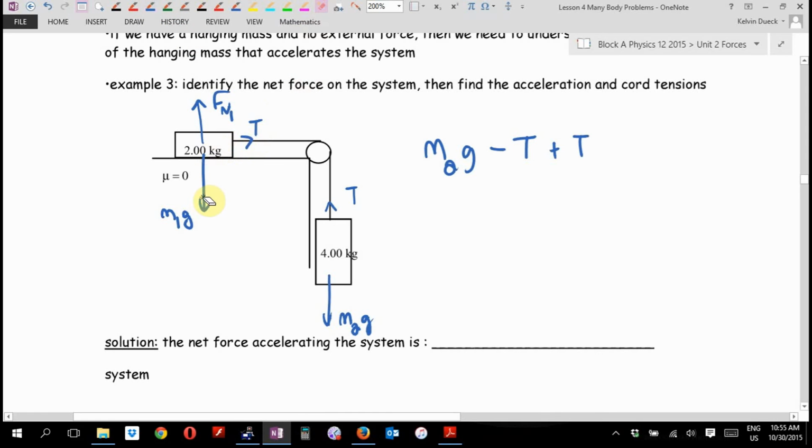Am I going to include M1G? Is it along the rope? No, nothing else. This bugs some kids. What? Don't worry. If there was friction, then it would show up in the normal force. I don't know the normal force. Look. But since you're on ice, what does that equal? Have I taken forces from more than one mass? Well, then I better have